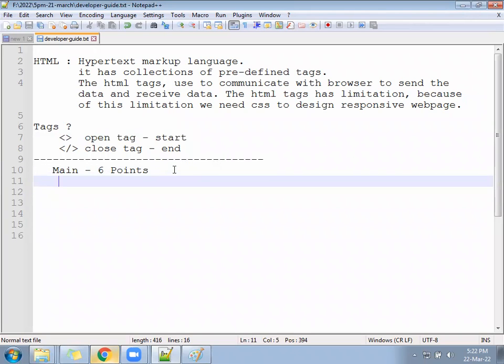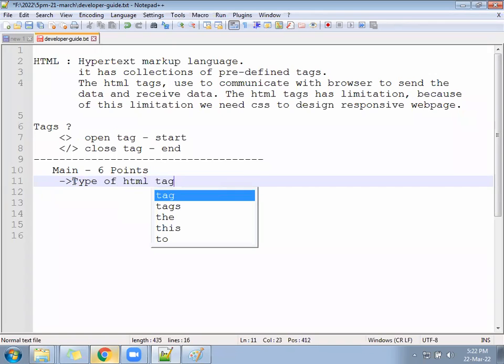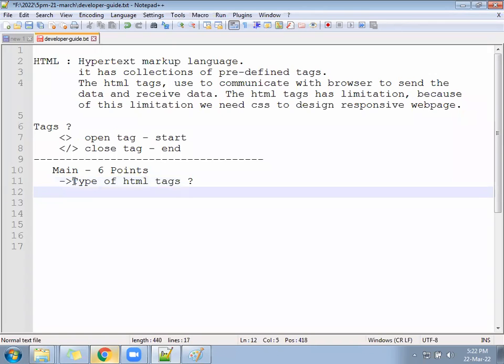Okay, so hope you are writing somewhere, you can make a note. So we are making a note here saying: when we study HTML, inside the HTML main points, the first question that comes is the types of HTML tags. When you are going to study HTML, when you are going to implement HTML, then here